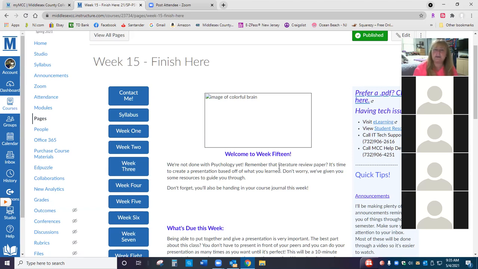As long as it can be loaded in Canvas, the only things you need are to do the PowerPoint presentation according to the way that the department has set it up, and you have to be able to speak over it. If you want to be seen, you can be seen in the corner. If you don't want to be seen, it doesn't matter to me. You just have to do what is required. That's all.